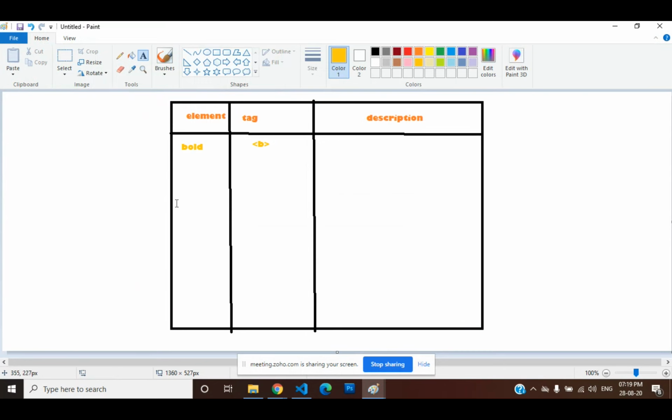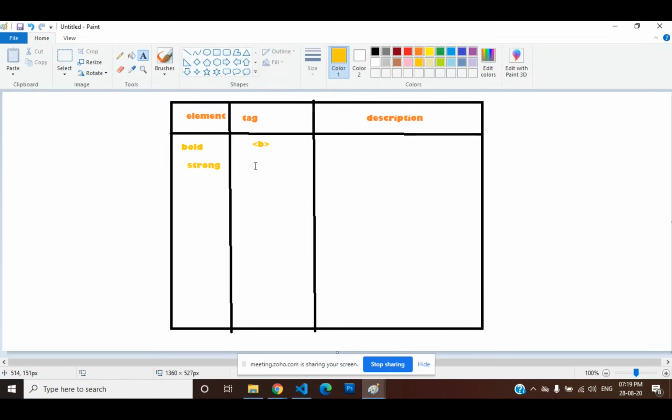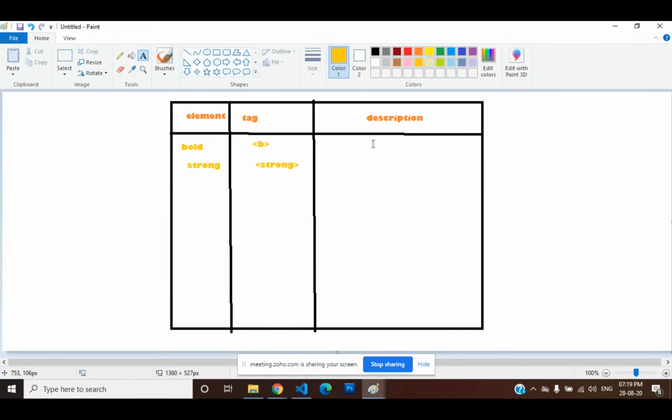Now coming to strong. This is one type of element. Now coming to the tag for this, strong. Now coming to the second one's description.